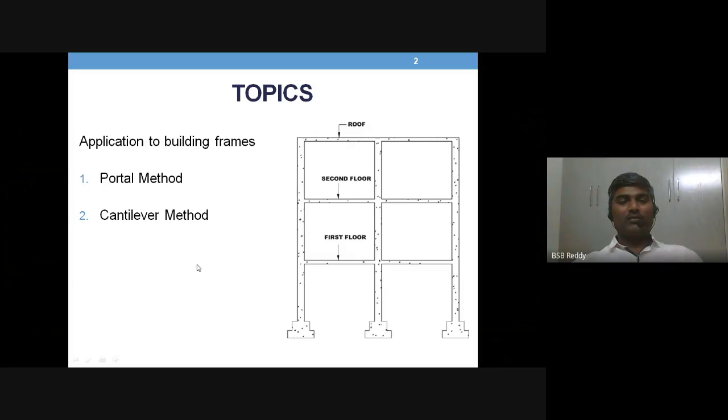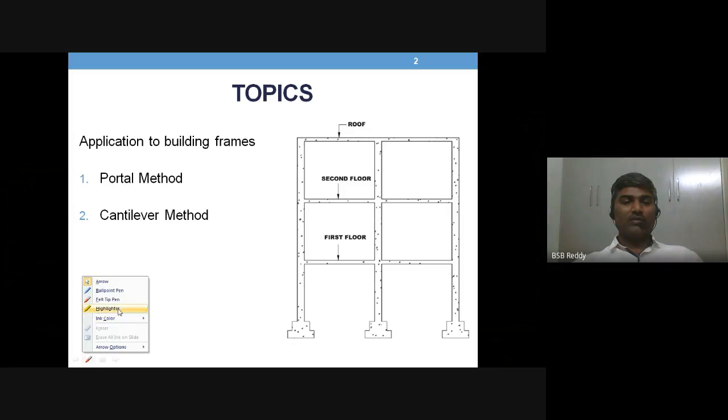When you go into the topics, we have two methods to discuss, which are approximate methods for lateral load analysis. The topic name itself is approximate analysis of building frames. The two methods are the portal method and the cantilever method. If you see the figure that appears to the right of the screen,